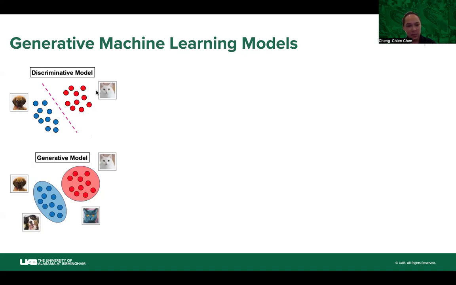Right? Another type of machine learning model is called the generative model. In this case, the model actually learns how data are distributed on the feature space. Once the model is learned, you can sample a point in the latent space and come up with pictures that mimic real-world data, for example, a cat that mimics a real-world cat picture.